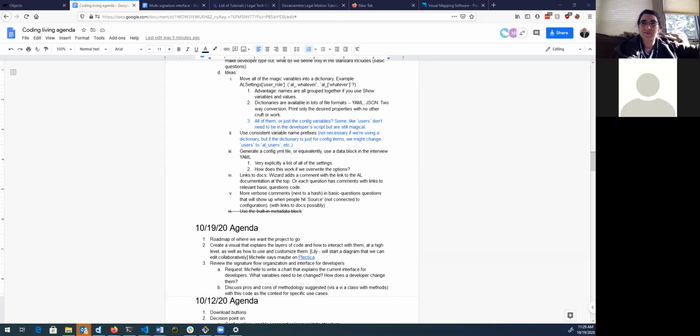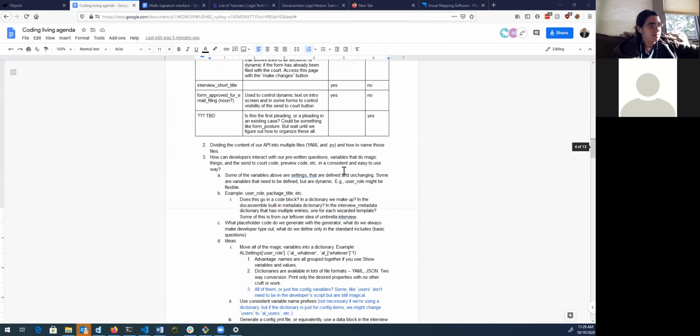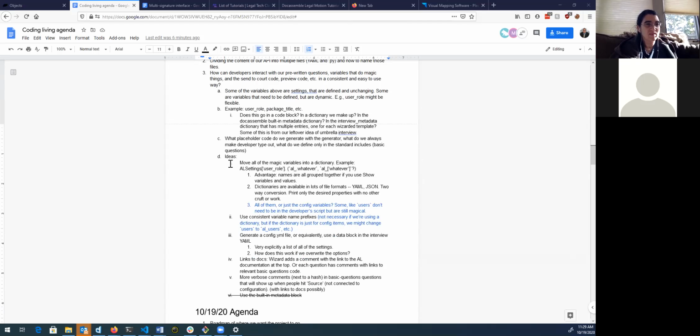Okay, so if we could zoom back in a little bit though, what I was hoping to do is, I think we have a plan for regular kinds of questions, but the code Michelle wrote for helping get user signatures is a much bigger feature than just one question where you're filling in a field. There's a complex interaction that involves background tasks and multiple interview files. So I think it's really informative for us to consider how we allow customizing questions or what we intend to move them to. But I think it's not enough to say we're going to use that approach to customize the way that you control the interview signature, because that is,